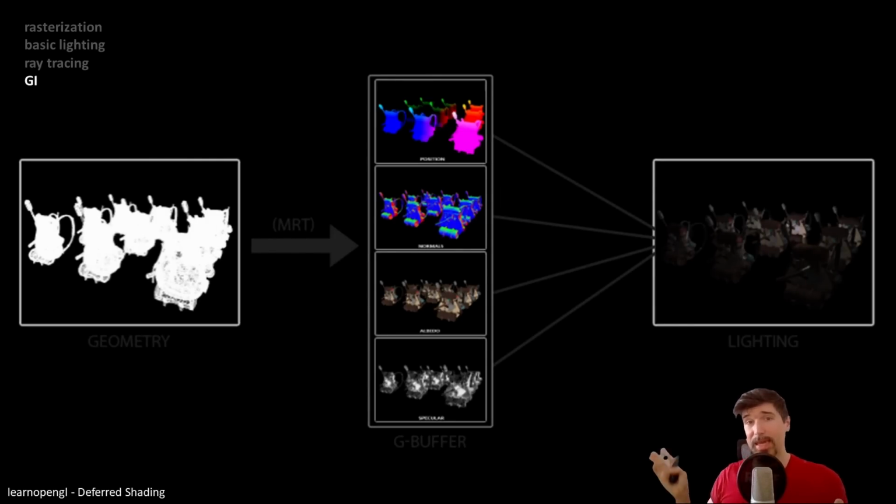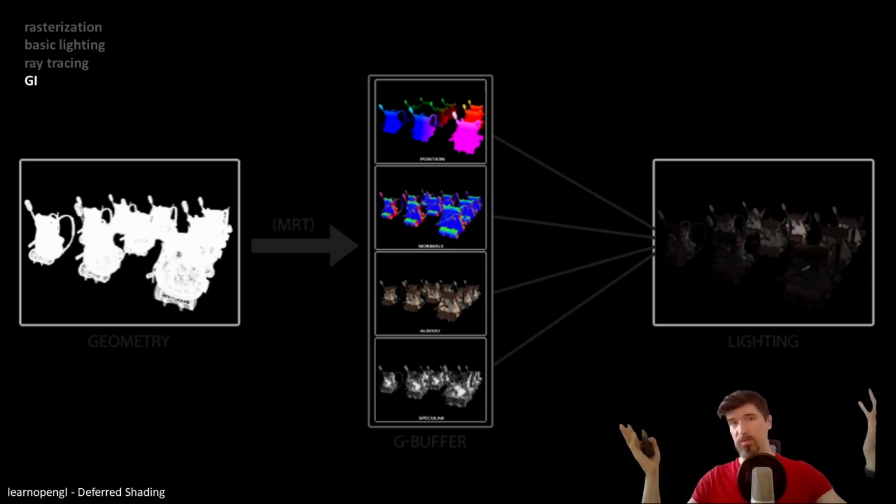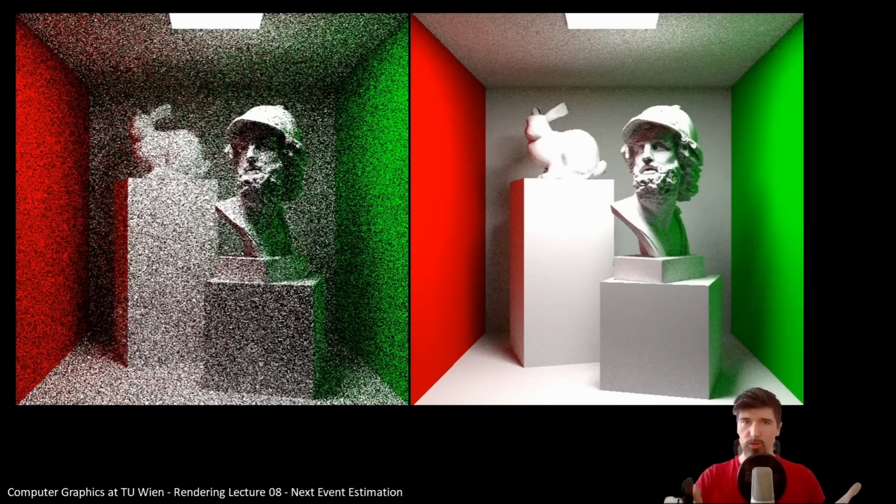It's limited to what the camera sees, meaning it doesn't account for objects just outside the screen, or hidden geometry that still affects indirect lighting. It also struggles with transparency, since multiple layers per pixel can't easily be stored. And the more data we store in it, like velocity, ambient occlusion, or material IDs, the more memory and bandwidth it consumes. So we can improve performance by integrating a deferred rendering pipeline, but what if the directions we're sampling